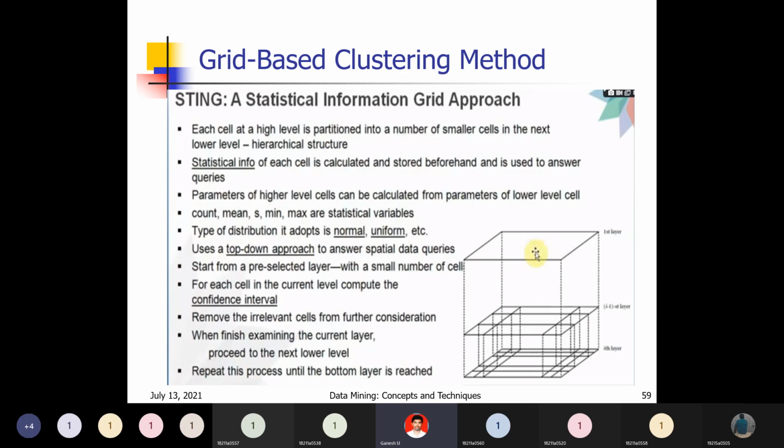At the bottom layer, you can observe, it is the bottom layer, it is the middle layer, some middle layer, or you can say the i minus 1th layer. This is the ith layer, and i minus 1 is the i minus first layer. So this is the first layer, second layer, third layer, fourth layer, and so on, up to the i minus 1 layer. So finally, the ith layer. In this way, you keep dividing the data into subparts again and again.